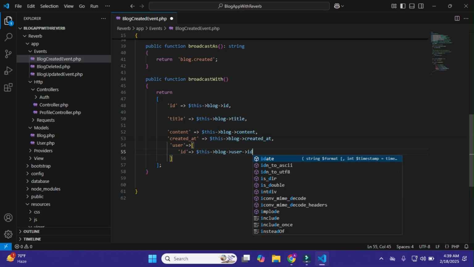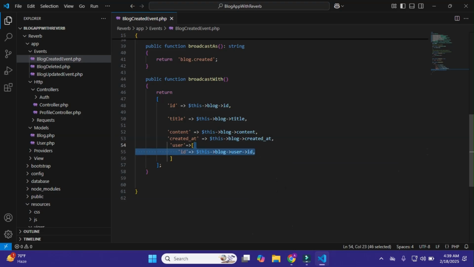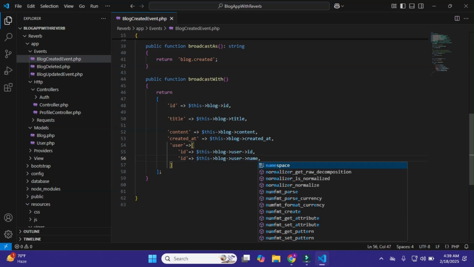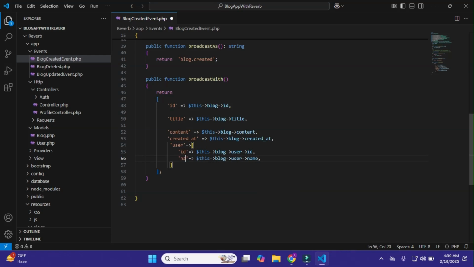So we get the user id like this, and copy it and paste it here, and get the username like this, name. Okay, so that's it. We just do this broadcastWith, and just this.